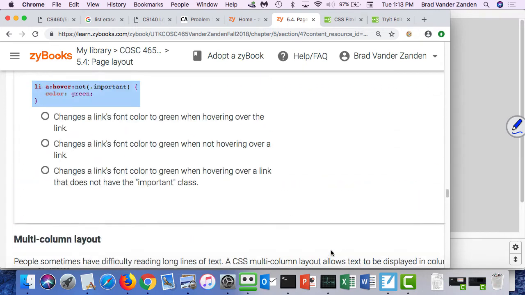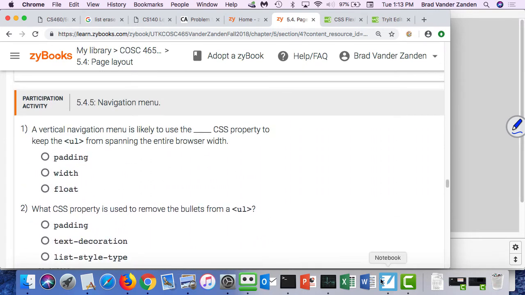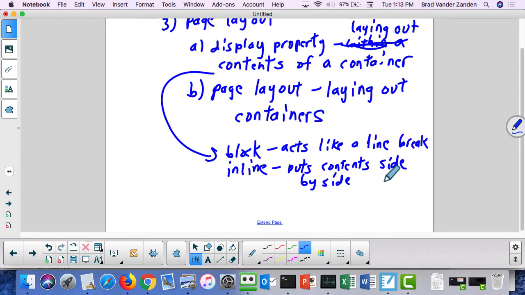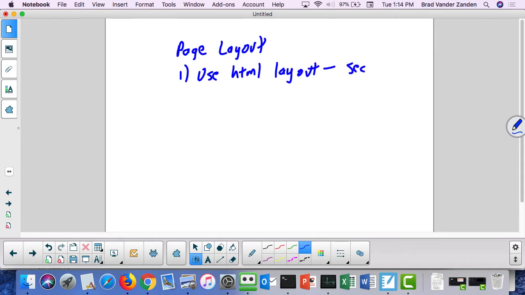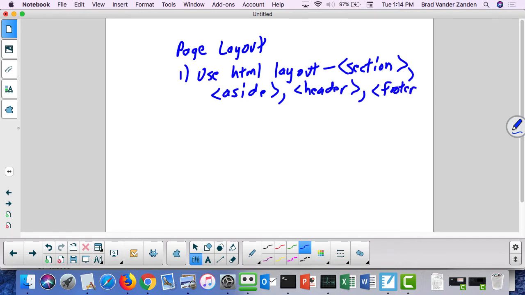Now, I will say here, page layout, there's two things you can do. With page layout, one is use HTML layout, which is tags like section, aside, header, footer. That should give the web browser